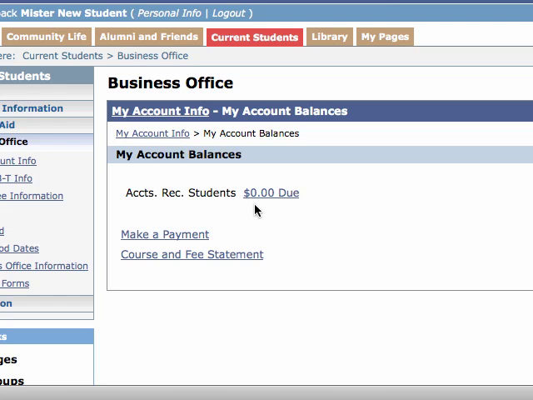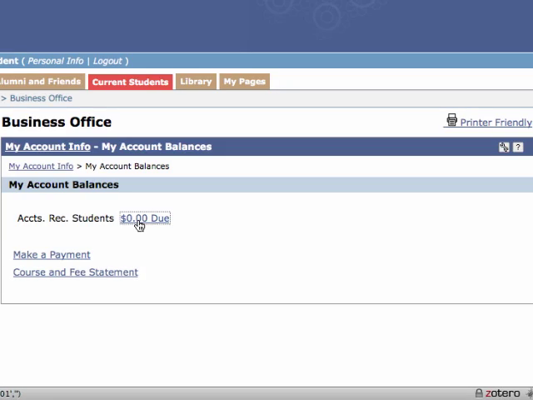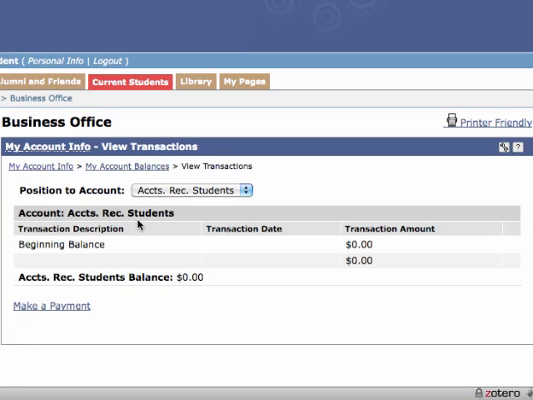If you have a balance, it will say whatever the dollar amount is here, and you'll notice it's hyperlinked, so you can click on that dollar amount, and that will take you to a summary screen that will show you what charges have been applied to your account, and so you can know what you're paying when you pay this bill. So in order to pay, you just click on this Make a Payment link,